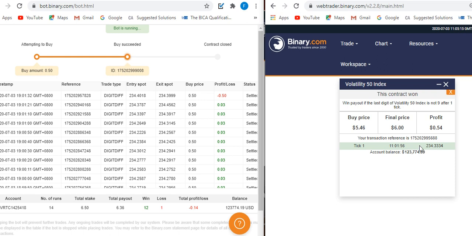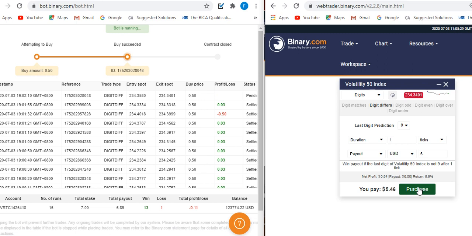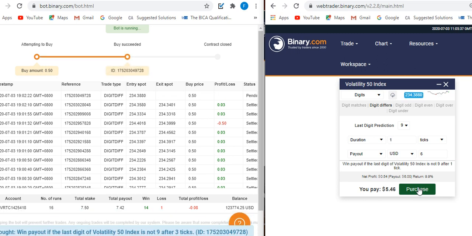So you already covered up 54 cents, which was the loss here. Even though there was a 0.11 loss, it's already covered, and you have more than 30 cents profit. So this is the way you have to follow. For the same loss, you have to be very alert and immediately put the trade.